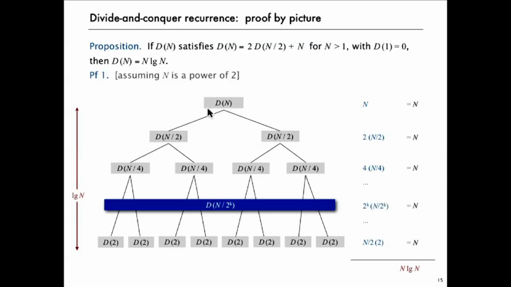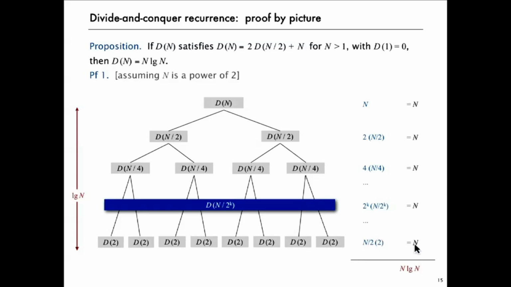If we want to compute d of n, we want to compute d of n over 2 twice. So that's 2. And then the extra cost for the merge is n. But if we're going to do this twice, then we have 2 n over 2s. And then for each one of these, we have divided into n over 4s, and each one of those 4 n over 4s has an extra cost for the merge of n over 4. Well, 2 times n over 2 is n, 4 times n over 4 is n, and we keep going down and doing that till we get down to d of 2, and we always, for the extra cost of the merge,